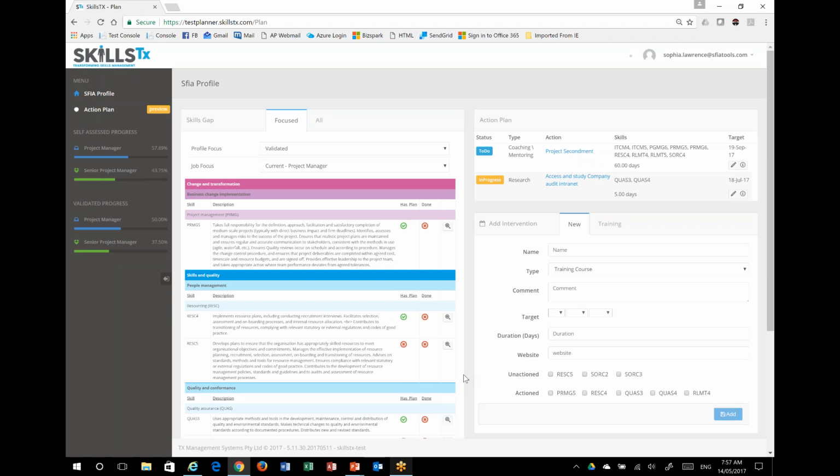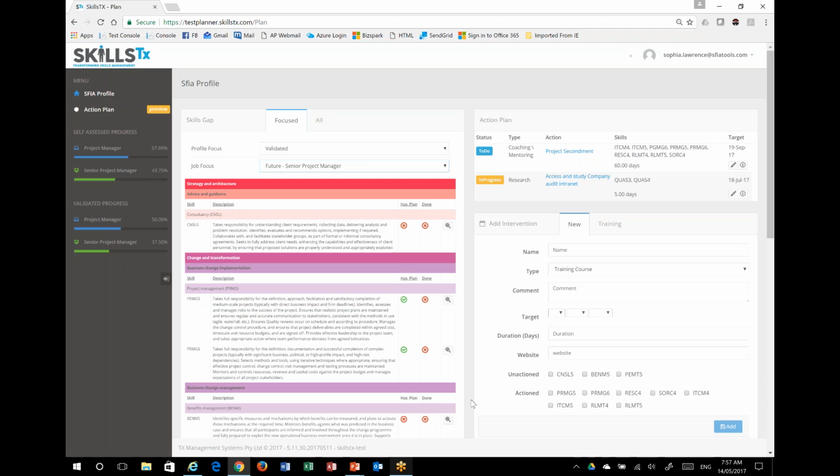around retention rates, staff morale. Obviously, this is a very empowering piece of functionality with a high degree of transparency. Makes a very big difference in today's digital market. I can switch this, as you probably would imagine. So if I just flick over and say, show me validated against future, there's now quite a few more gaps